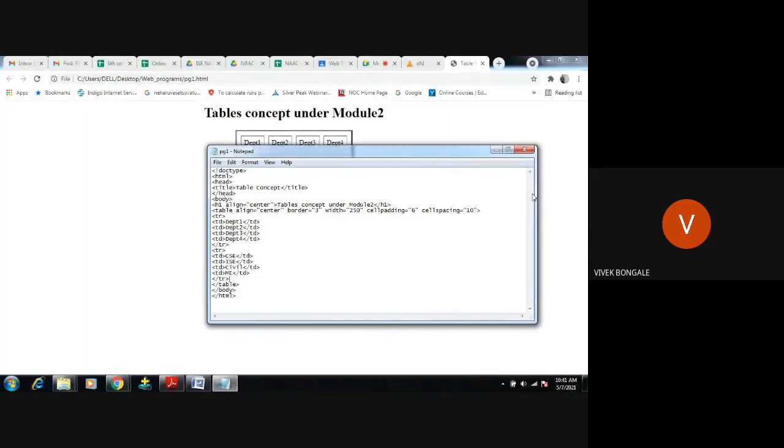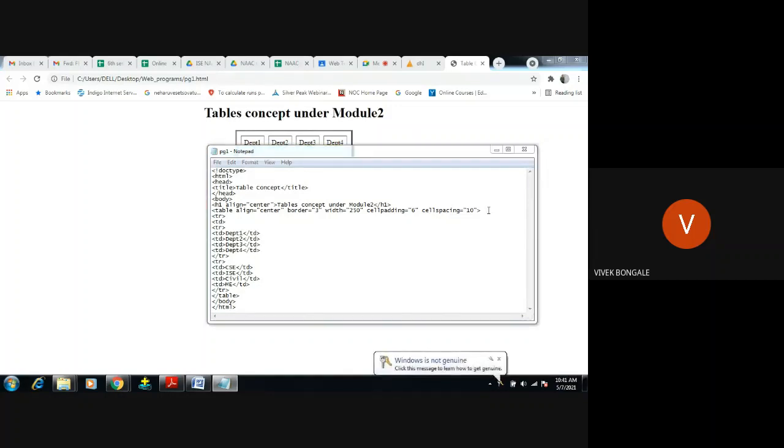We can use column span or row span under table row. So we have to open the table row, then table data. I will just use table data here, I will write college, and close this table data.